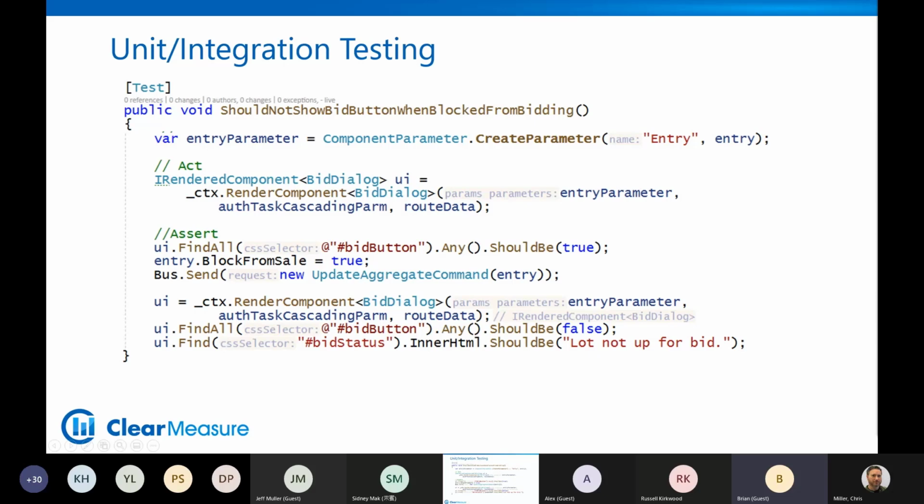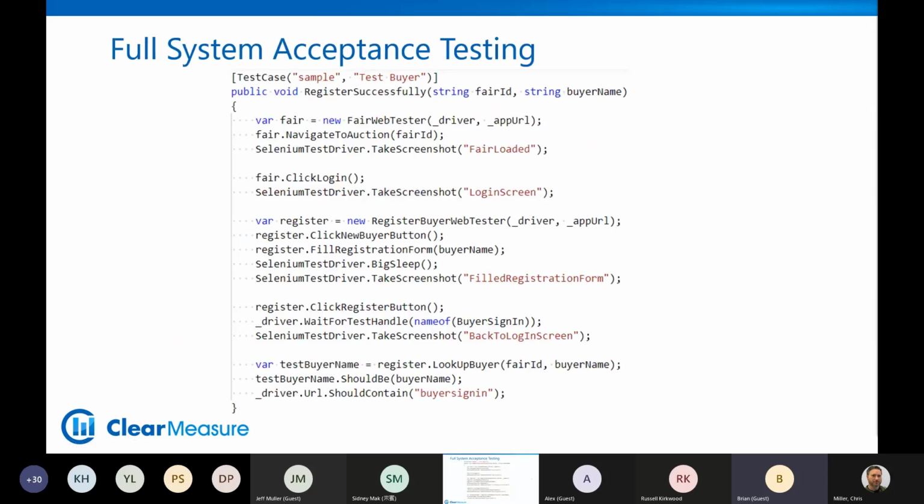All right. For full system testing, we're going to want to use Selenium. Now, Playwright is a new testing framework that Microsoft is working on for full system tests. And I'm really excited to see it mature. But right now, today, as I stand here, Selenium is still the king for full system testing through the browser. And this is what one of the real tests does look like.